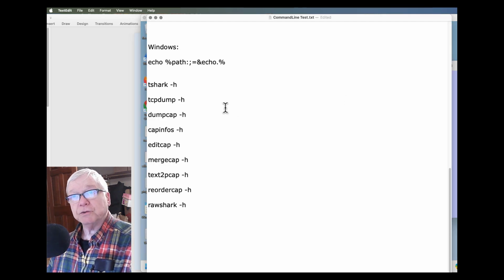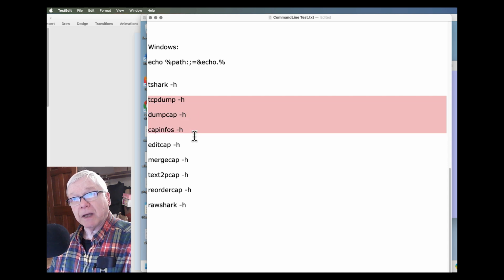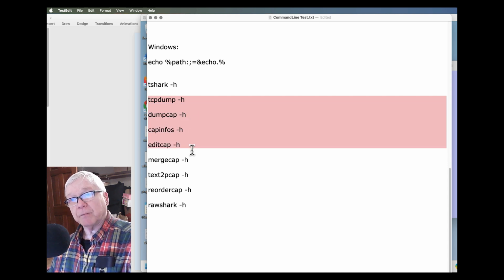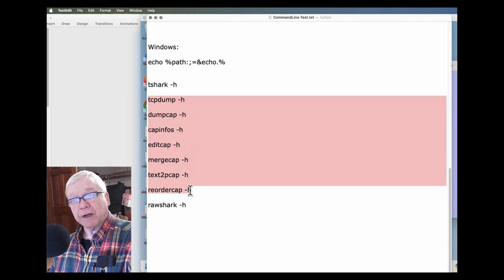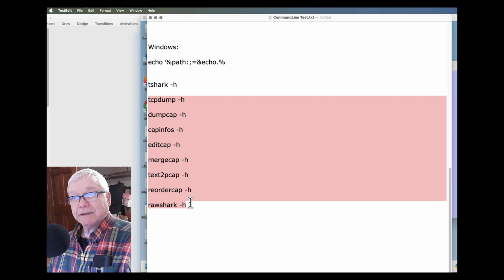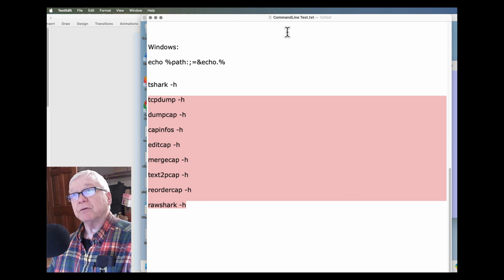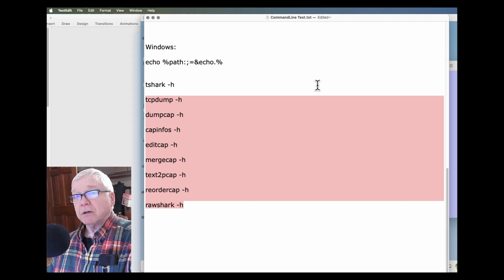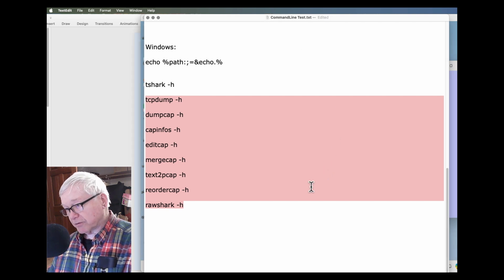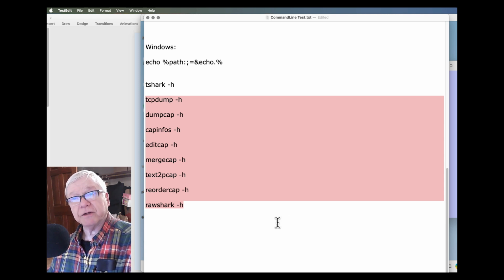And that's what you should do for the rest of the command line tools: tcpdump, dumpcap, capinfos, editcap, mergecap, text2pcap, reordercap, and rawshark. And again, for my students who are in the Wireshark class, looking at the PDFs that have some examples of usage and syntax, try those out, give them a test run, throw it against a wall, see if it sticks.